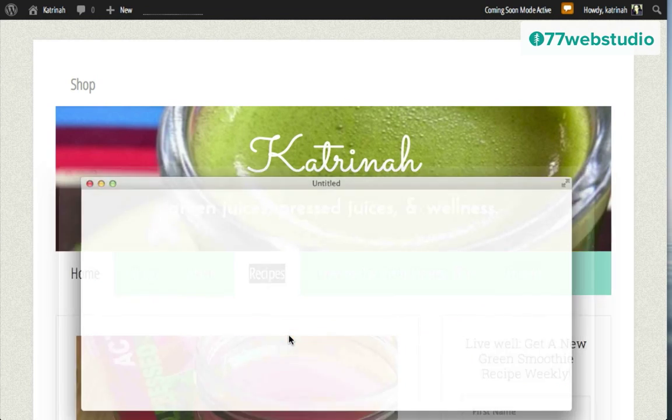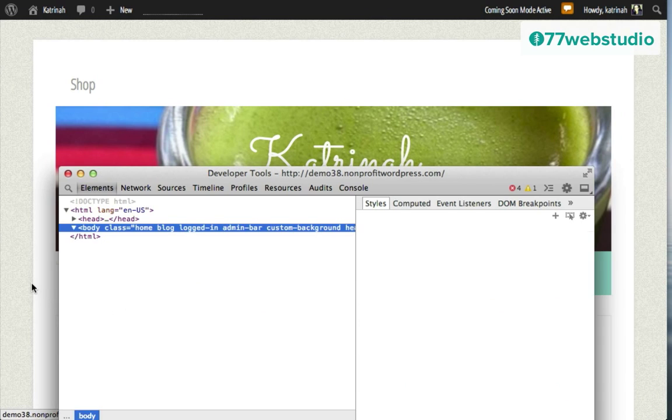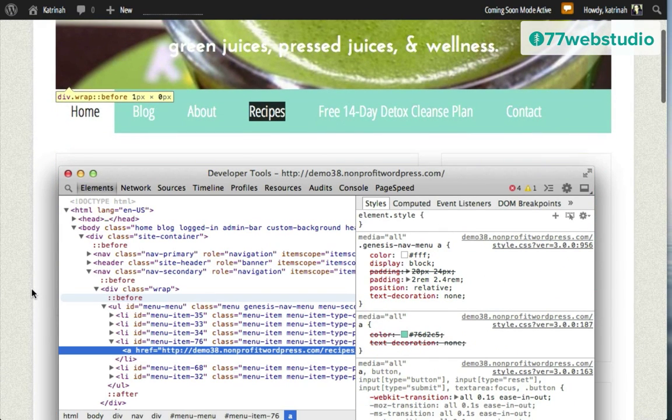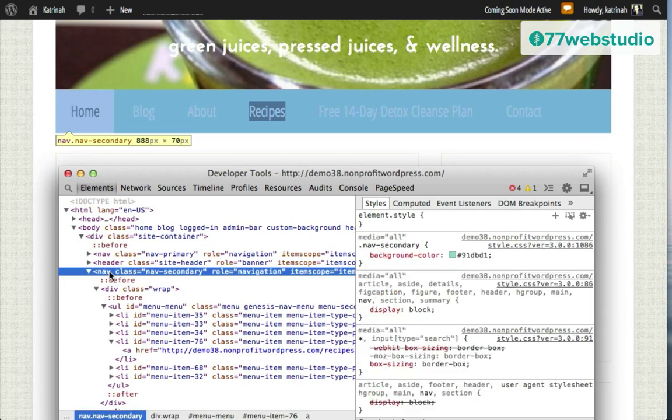Then I'm going to scroll the page up so we can see this green bar right here. Then I need to go to where this green bar starts, and it looks like it starts at the .nav-secondary code right here, because we can see here is the palette for the background color. So this is what I want to change.